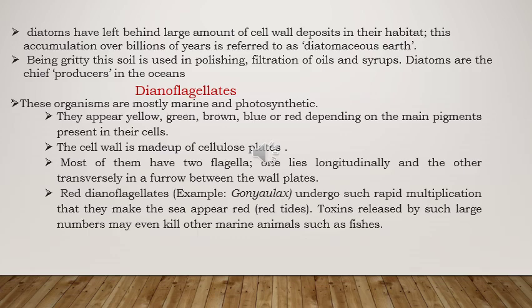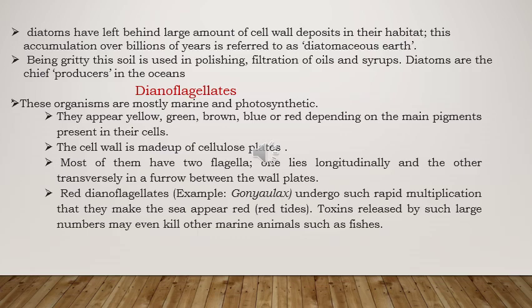as diatomaceous earth. Means there you can see only a complete layer of cell walls. Okay, it is gritty in nature, means brittle, or you can say sparkling in nature, and silica is there, so it is very slippery in nature, so it is used in polishing, filtration of oil, and forming some medicinal syrups. These are also known as the chief producers of the ocean, as most of the phytoplankton is in the form of diatoms. The second group is